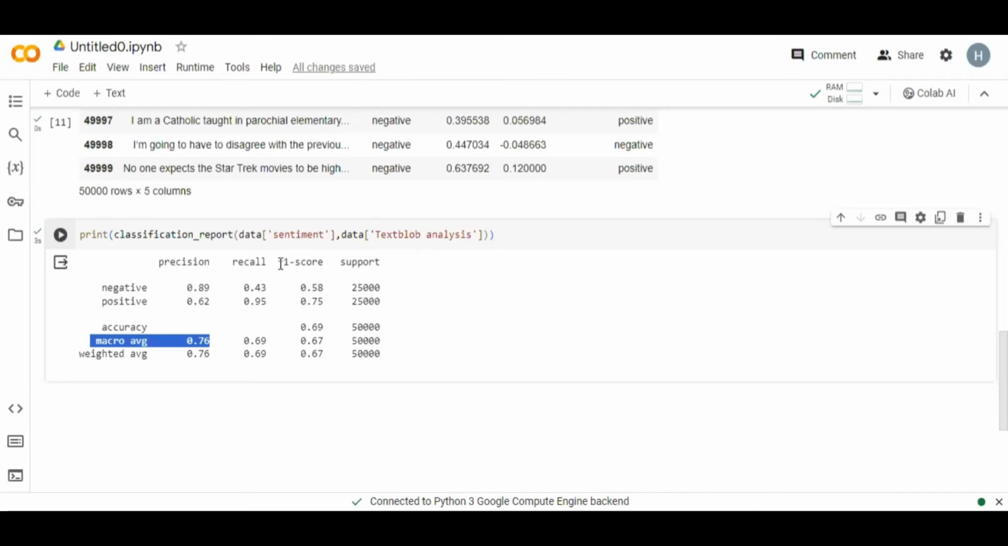The F1 score is just a combination of precision and recall. So we can see that it's a fairly good prediction. Almost 80% of the predictions are correct. And also